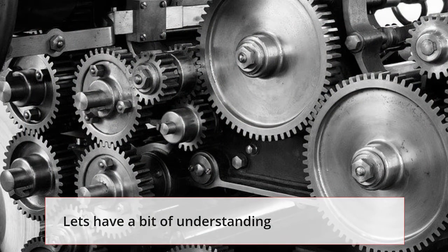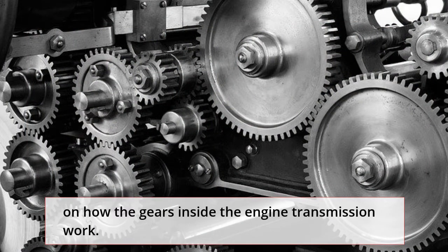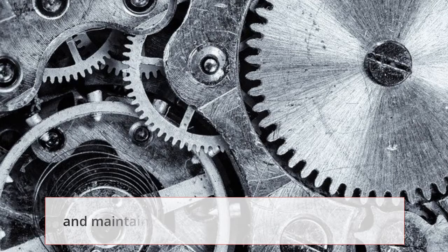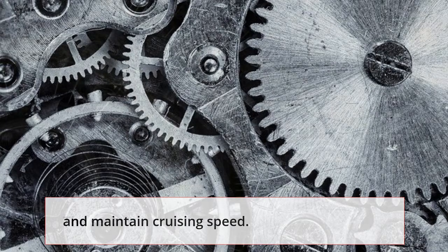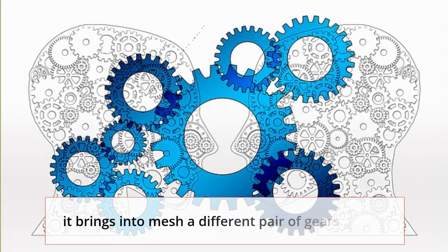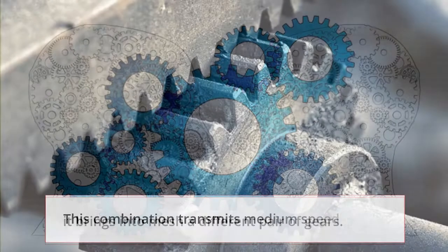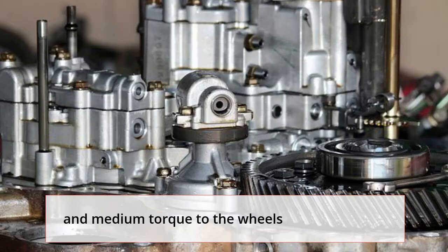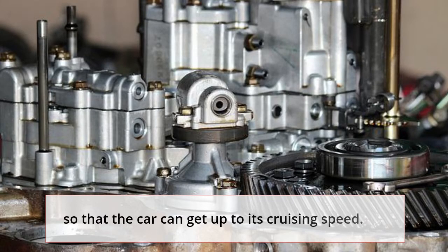Let's have a bit of understanding on how the gears inside the engine transmission work. High gear setting accelerates the car and maintains cruising speed. In the second gear position, once the output shaft gears have slid, it brings into mesh a different pair of gears. This combination transmits medium speed and medium torque to the wheels so that the car can get up to its